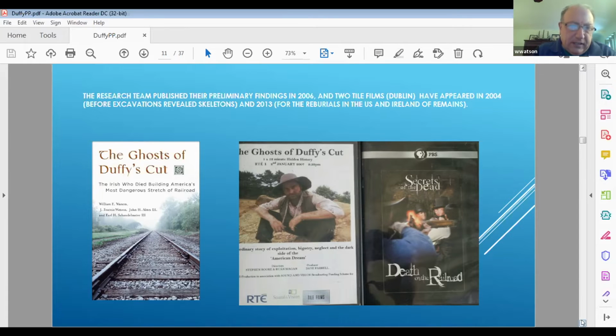This offers a unique opportunity to know the lives of the common workers, because the railroad file that Frank referred to has the specific time of the arrival of the workers. And so it's a matter of going down to the National Archives, and we were able to figure out that between June 1st and October 1st of 1832, there's one ship that had a substantially large number of laborers, and that's the John Stamp. So we go from that, and the first book that we brought out was in 2006,